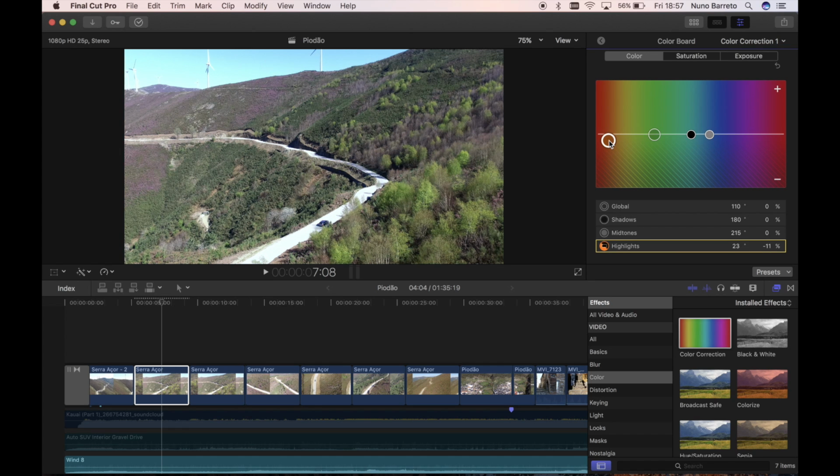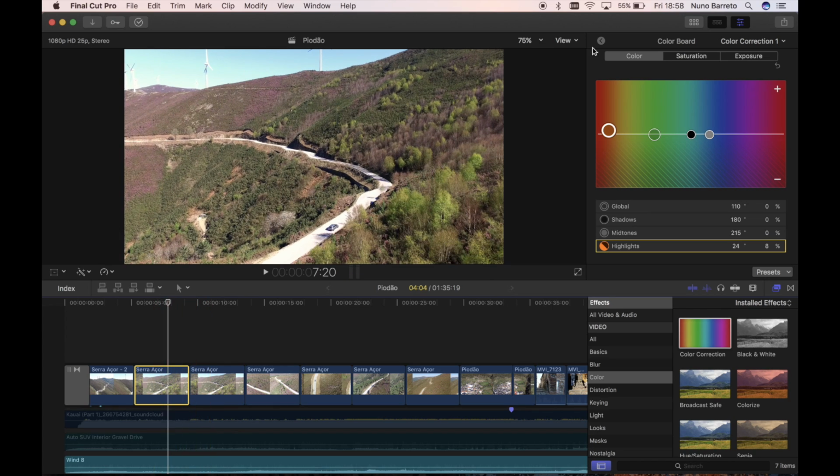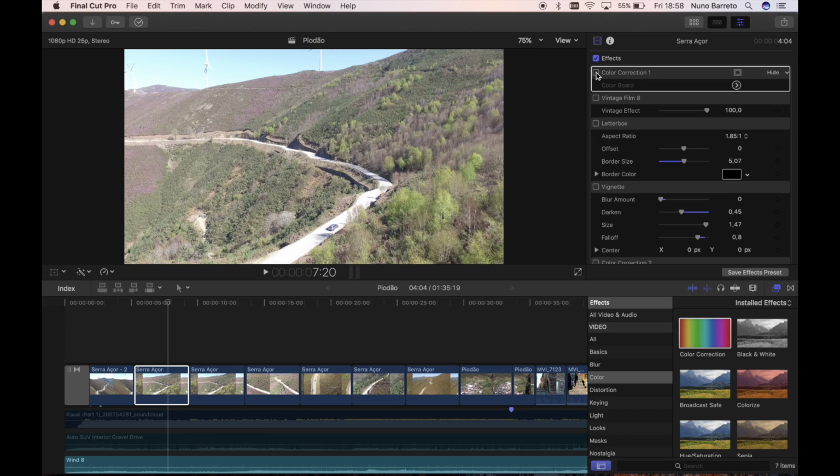It didn't feel like this, right? So if you see this image where I'm actually pulling down the reds, it feels cold. So I'm going to increase the reds a little bit, just a tiny bit, to give it a warmer look. And that should be enough. I usually don't touch the midtones or the blacks because I feel that just by increasing the reds a little bit on the highlights, it already gives me the warmer look that I'm looking for. And that's pretty much it. So obviously you need to apply this to all your clips